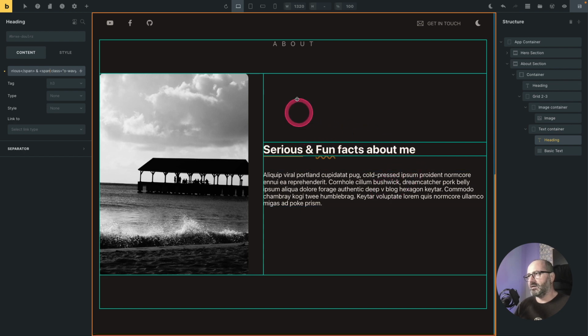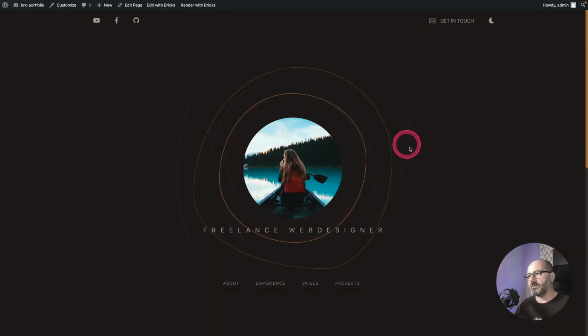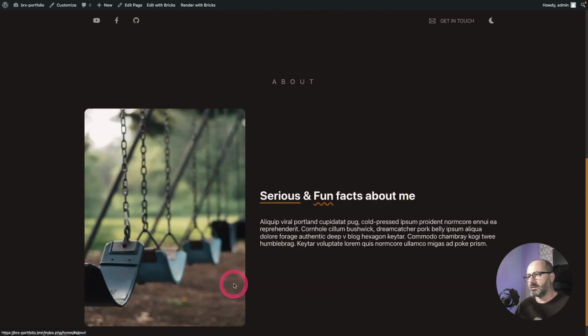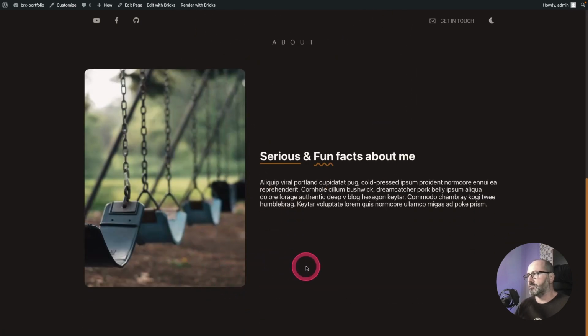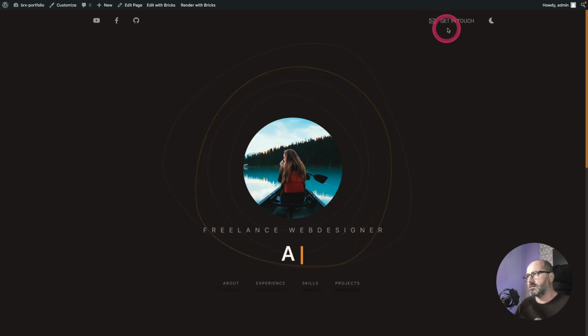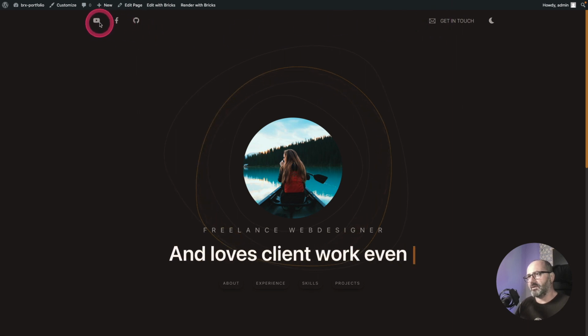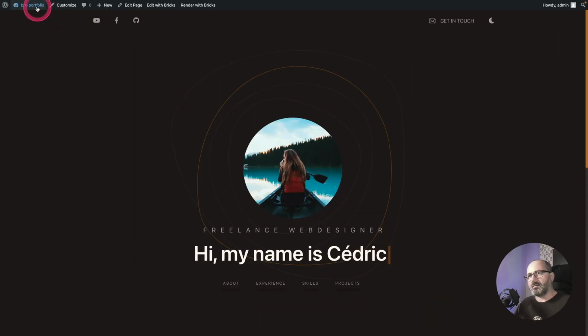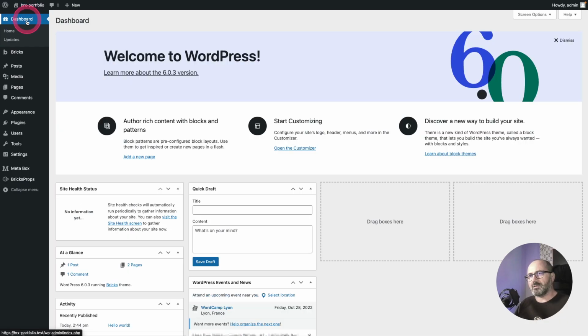And here it is, we have our About section. Let's refresh our front end. Here is our About section. Let's check the navigation works with the smooth scrolling. And now if we want to check, something's wrong with our header because I think I forgot something important, they are not accessible. And certainly this is because, let's go to our dashboard, to our templates,